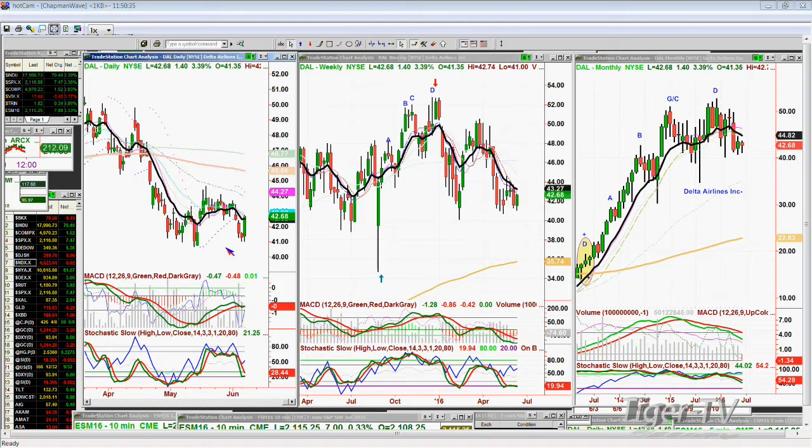I think Delta has a chance to maybe get to the 43, 44 area, but I actually think that it's going to start to stall very quickly. Let me get rid of that. We've got that beeping again, because I still haven't fixed it. So Delta Airlines, I'd be real careful on the question of the XAL, which is having a nice spike today